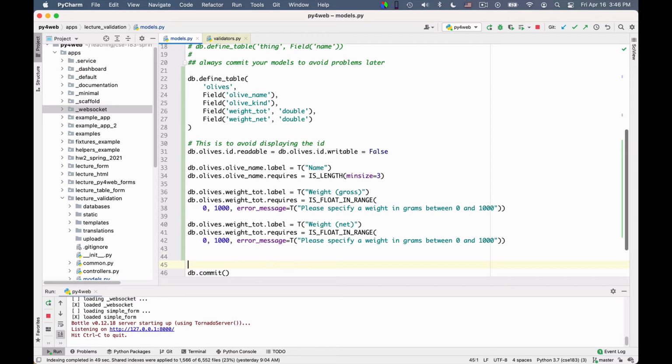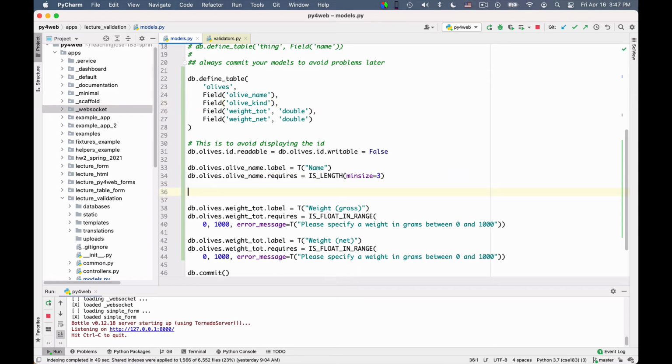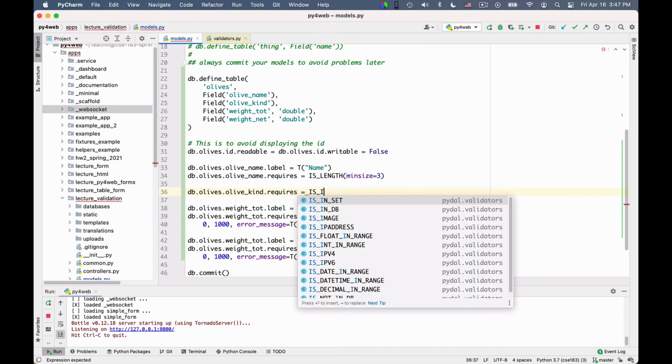And so this does it, except for one thing, that is there is this field olive kind, and I want that field to be a multiple choice among a restricted set of choices. So for that one, I'm going to do it as follows. db olives olive kind requires, and here I use a validator that asks is in set.